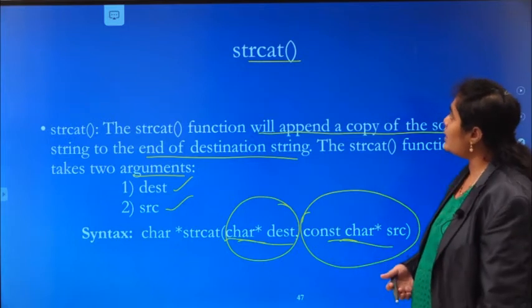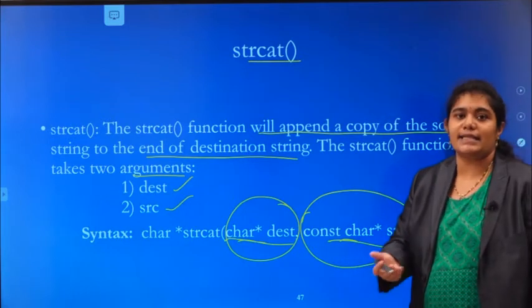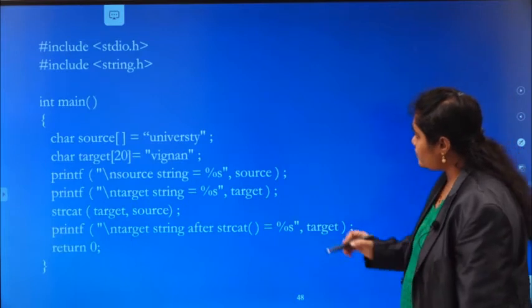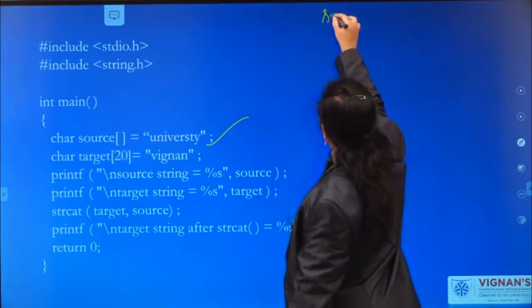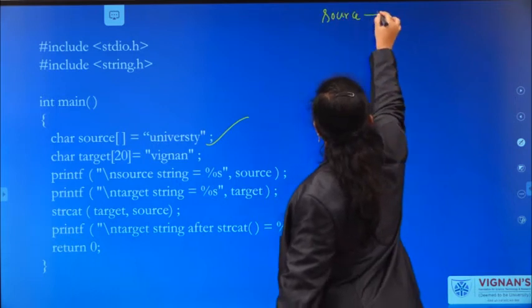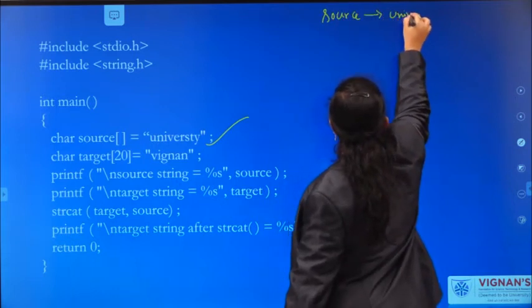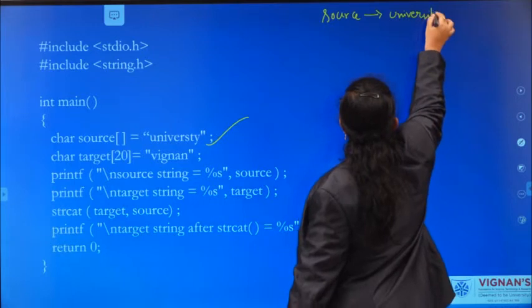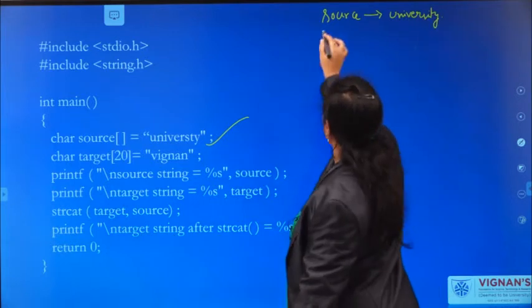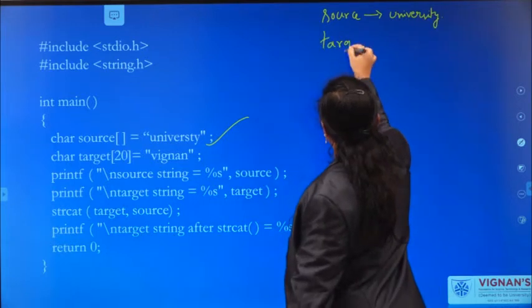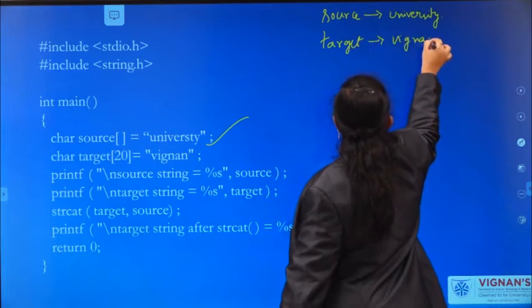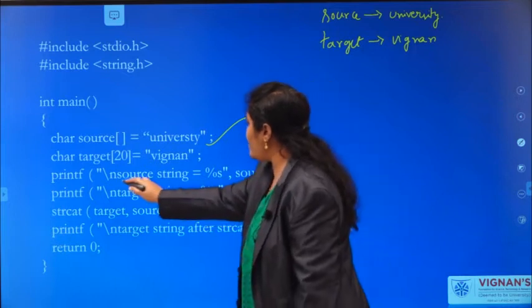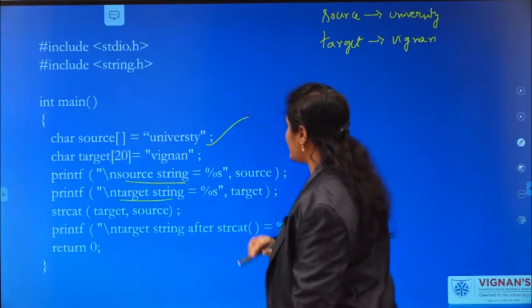Okay, let us see this strcat with an example. Source, university. What is our target? Destination, that means, Vignan. Okay, I am printing the source string as well as the target string.